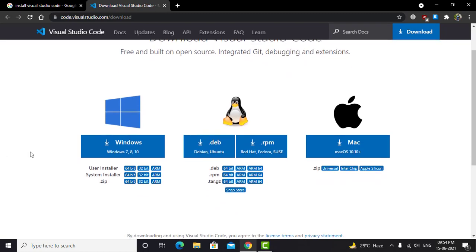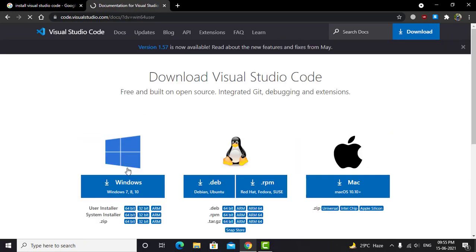For the Linux user and for the Apple Mac user, sorry, you can use these two options. Otherwise, you'll use the Windows 10, Windows 7, Windows 8 option. Mainly, I'll recommend you to use the user installer file, that is the exe file. Just click on it. I hope you are aware of whether your operating system is 64-bit or 32-bit. Mine is 64-bit, so I'm selecting this one.